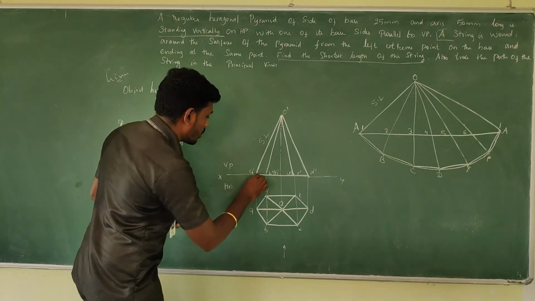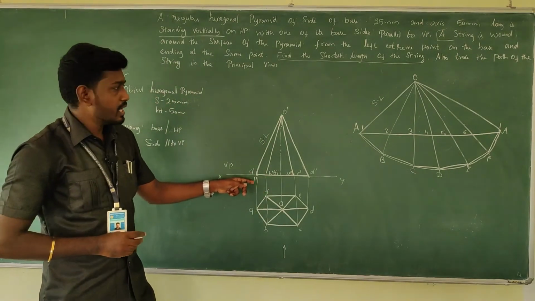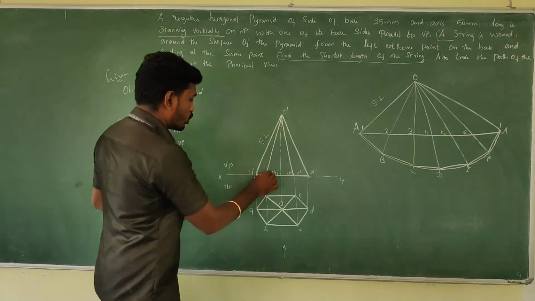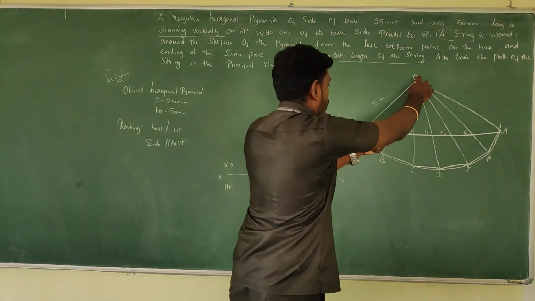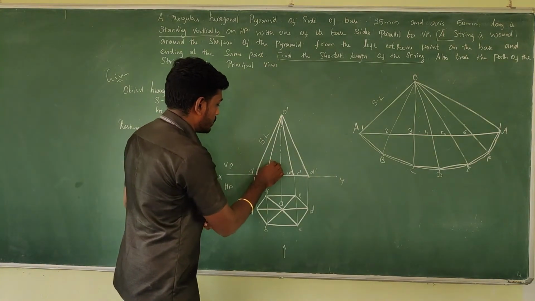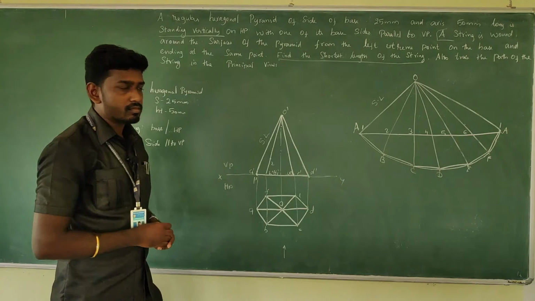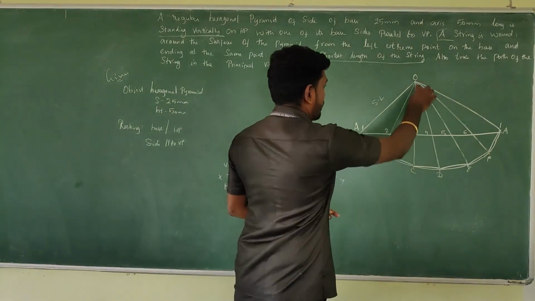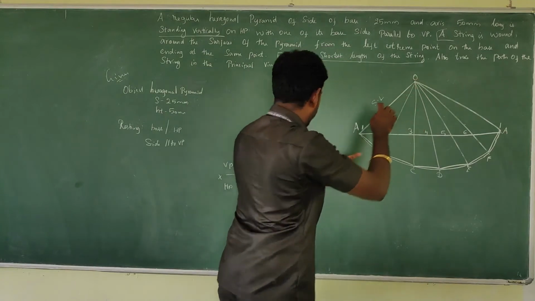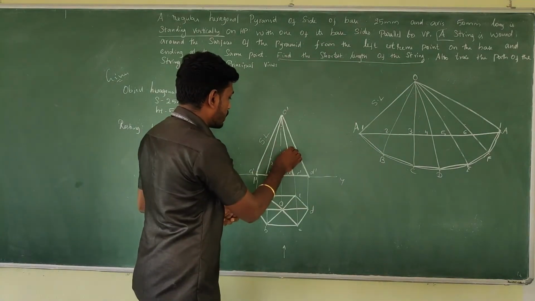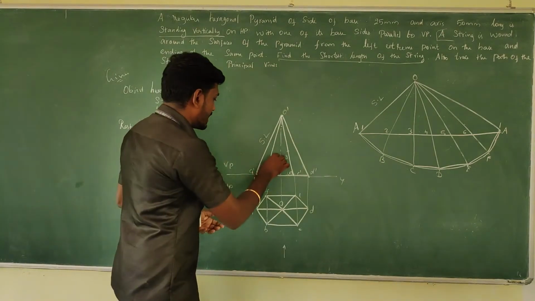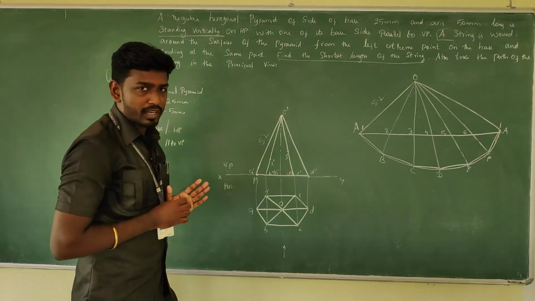So this is the 1 dash. Where is 2? It is between O to B. In O to B, take the measurement of O to 2 and make a cut mark, you get 2. Where is 3? Between O to C. O to C is here. Take the measurement, just make a cut mark, so that here you will get 3. It's a front view, so dash mark is needed.